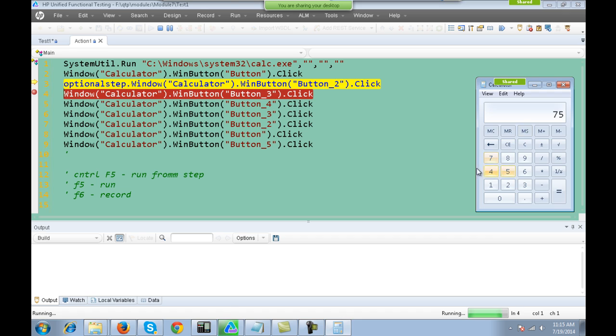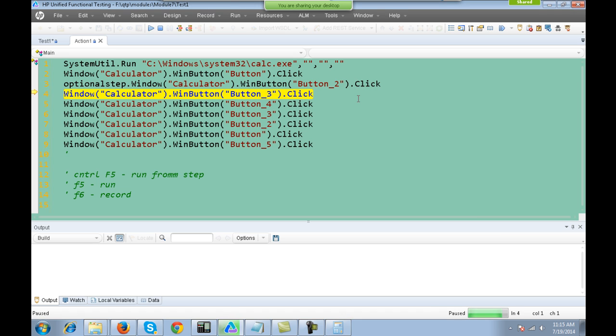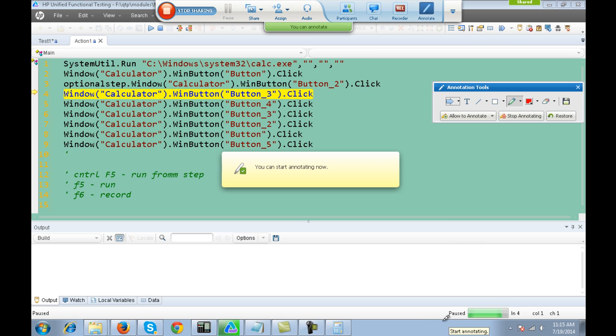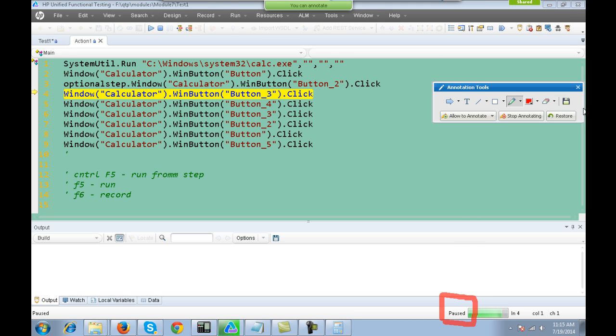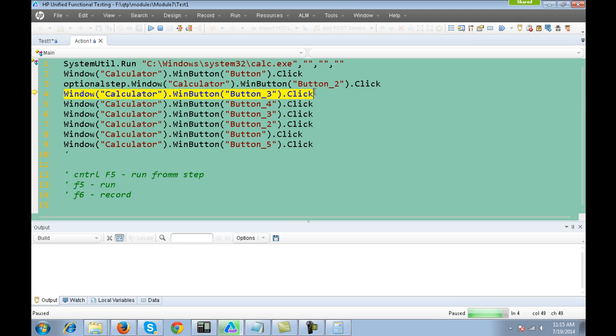Yeah, the script will run and it will stop on that particular line. It has simply halted on that line. At the bottom you will get the message paused. And from this line you can run the script line by line by pressing F10 on your keyboard. If you press F10, line number 4 will get executed. If you press F10 again, then line number 5. So you click F10, and one line at a time will be executing.